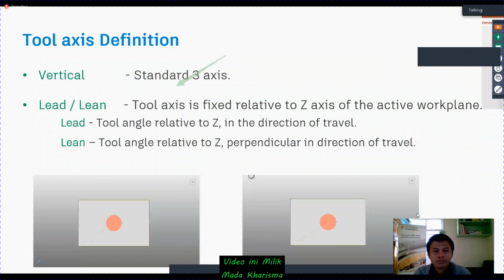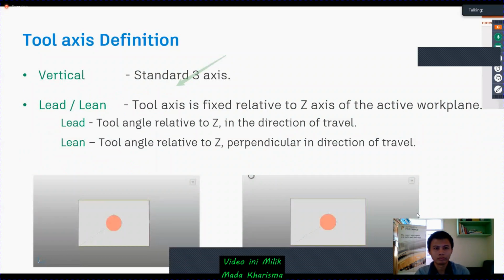So the first one is vertical. It's the standard 3-axis. People who know these toolpath strategies, when you are using 3-axis programming, can notice that our tool axis will always be vertical. The next one is lead/lean.